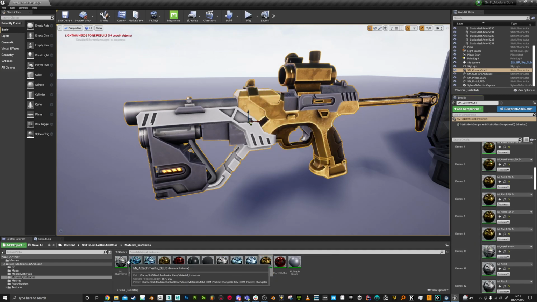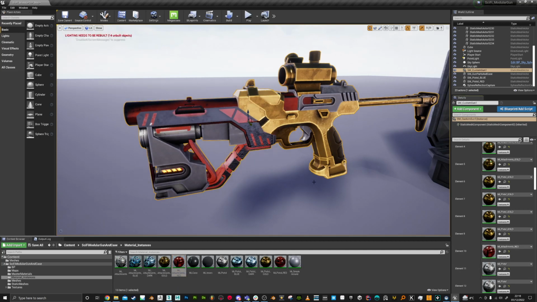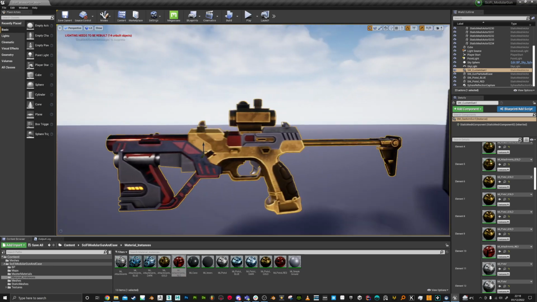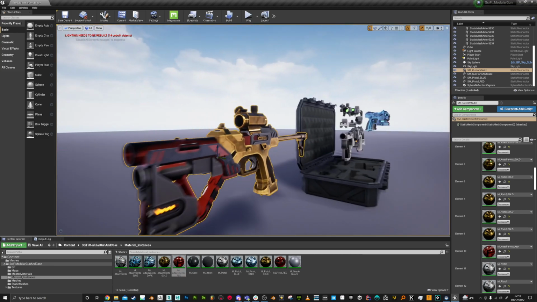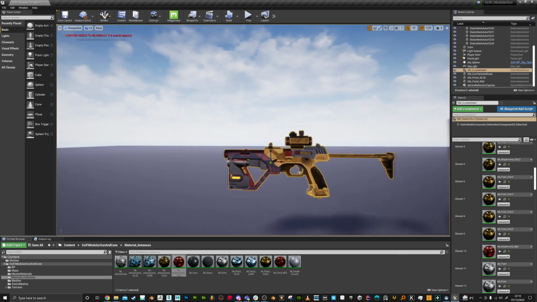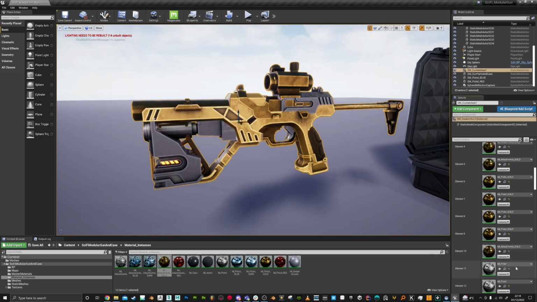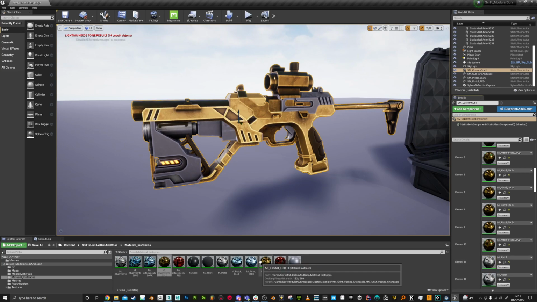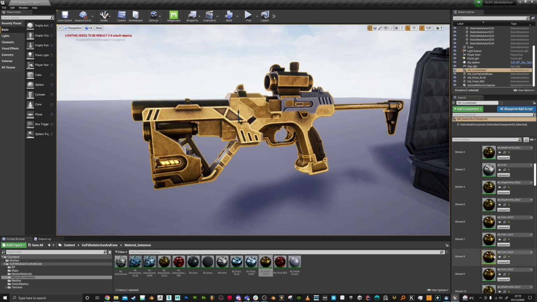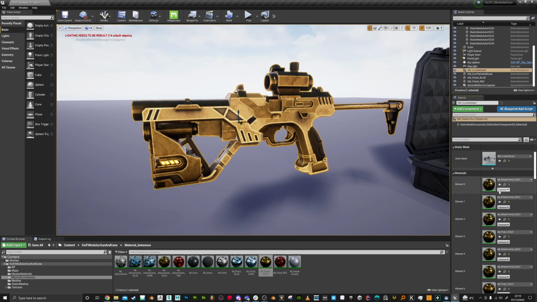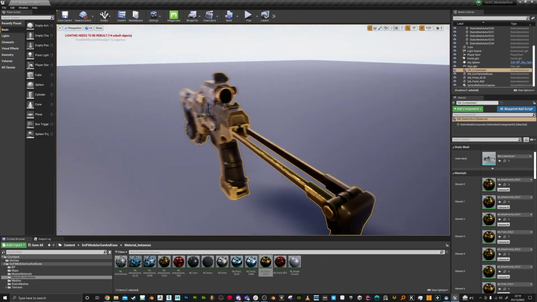We've got attachment. Let's do red for this one, and you can see it's a kind of unique looking gold and red and some silver there, and you get a unique looking gun. It does look a bit wild, but this is just for fun. And let's do all of these nicer. Pistol here and here. Just make it all gold. We've got the super weapon,